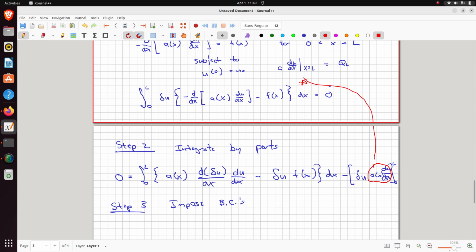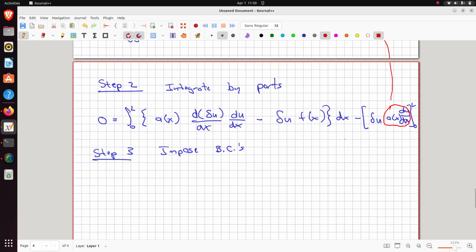Since this is evaluated at L and at 0, at L we have that Q of L goes there, right? And at 0, we have a fixed boundary condition, right? U0 equals U of 0. And so there's no variation at the boundary, so the variation itself is 0 at x equals 0, right? It's fixed. So there's no variation, it's 0. And so what we ultimately end up with